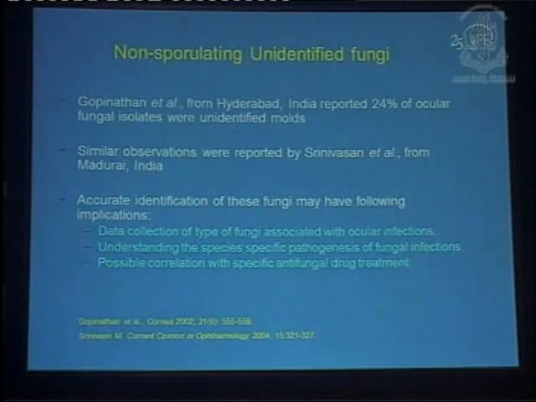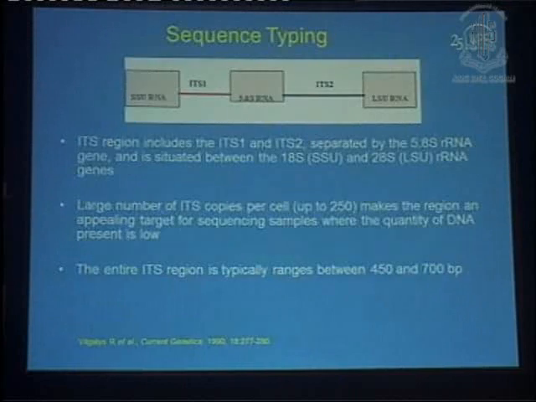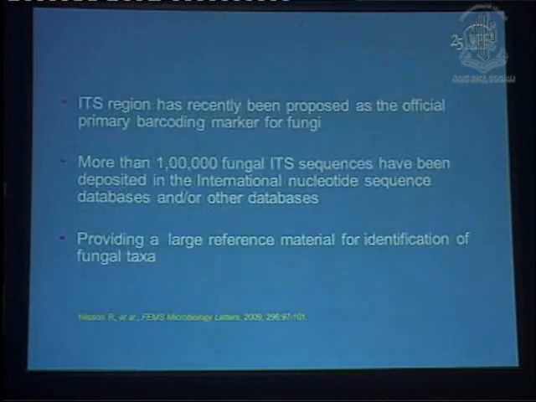This is about non-sporing fungi. As I told you, the fungus is identified based on its spores. In almost 16 to 20% of fungi in the laboratory, we don't find any spores, so we don't know what they are. In that case also PCR helps us. By sequencing we can find out which species of fungus it is, and currently we have a CSIR project under which we are trying to identify 200 fungal isolates which are unidentifiable otherwise. For that we also use the sequencing of ITS1 and ITS2.